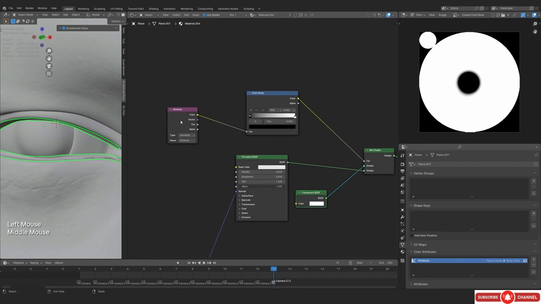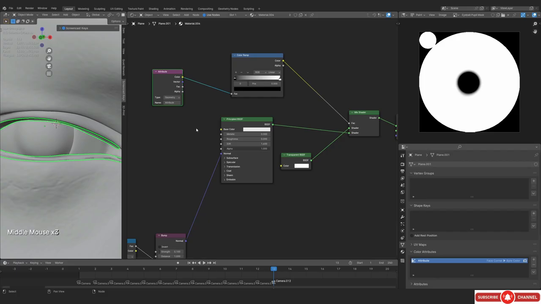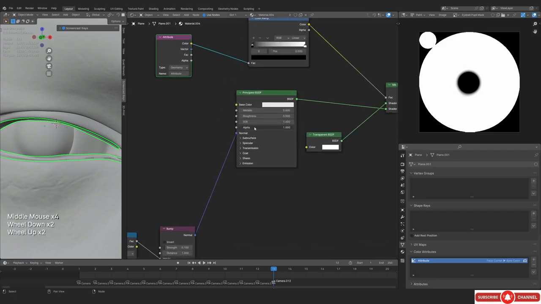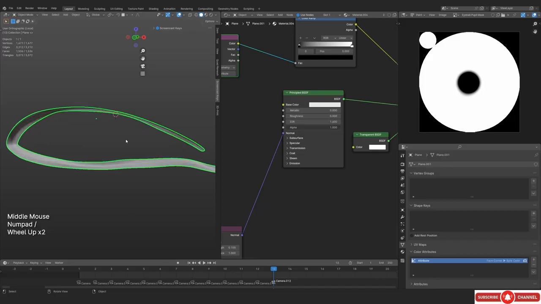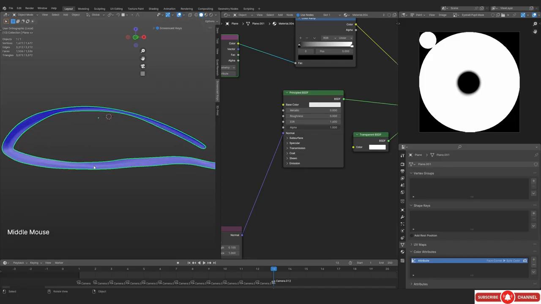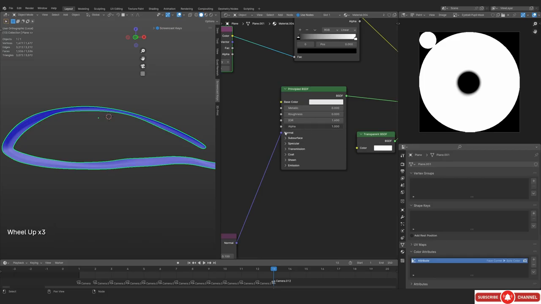So instead of alpha, you can see that I'm using a transparent shader which is going through a color ramp, and I am adjusting the contrast in this case. So instead of literally just using the alpha, I am using the transparent. That's because I was not able to figure out that the problem was because of the normal, and as you can see, I'm literally just explaining that to you. So you don't even need to create these shaders. The previous one would actually work fine. All you need to do is just fix your normals, and it should be good to go.